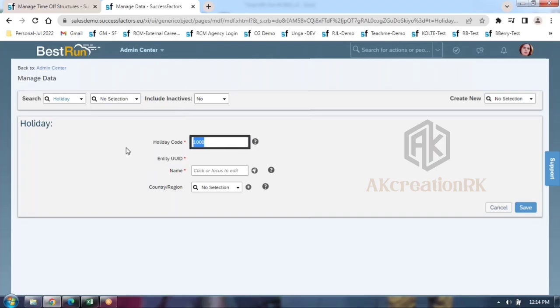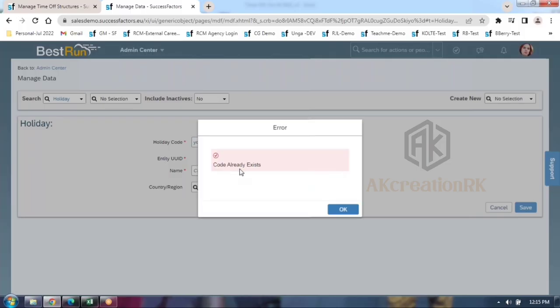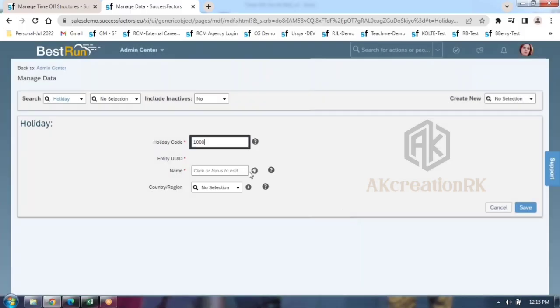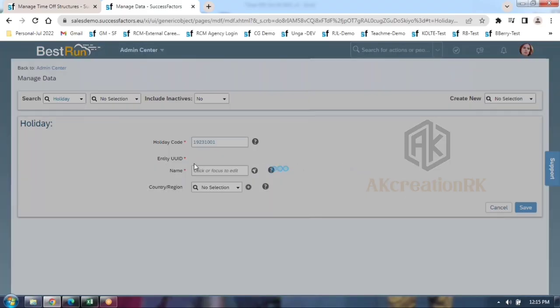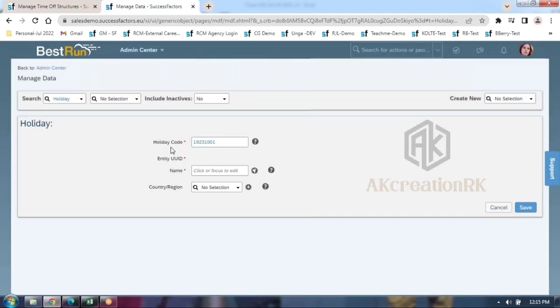Okay, Youth Day is there, guys. Now let me type Youth Day. See now the system behavior. When you place the cursor aside, you may get 'code already exists'. It means the holiday code should be unique and not contain any space. They will provide you the codes, you need not worry. There might be a few customers who want to follow numbers, and a few who want to follow some text, guys. For example, for New Year, they want to follow it this way.